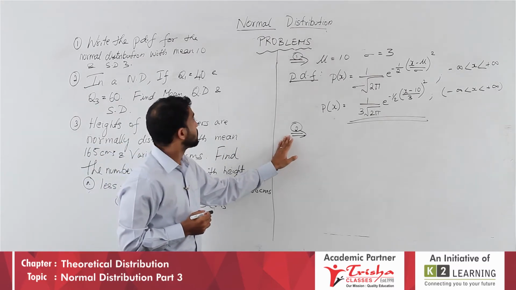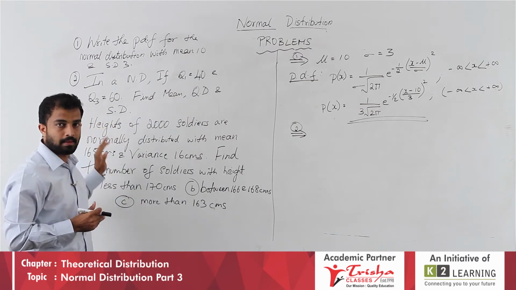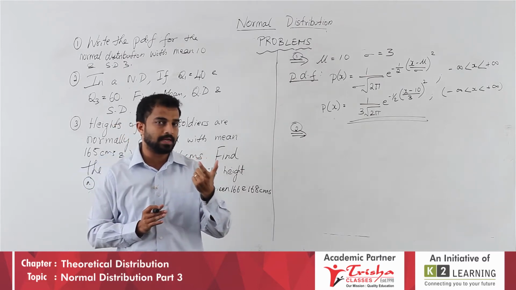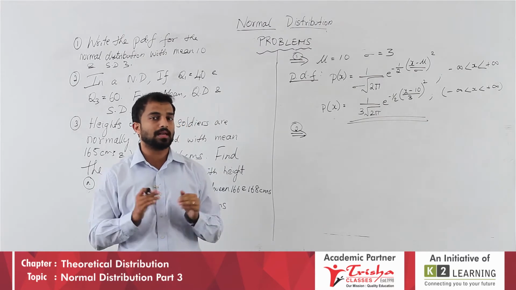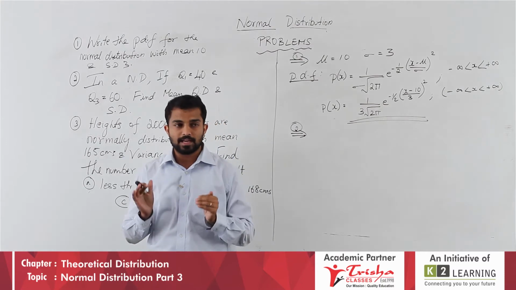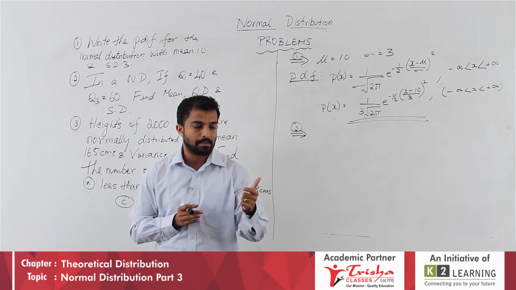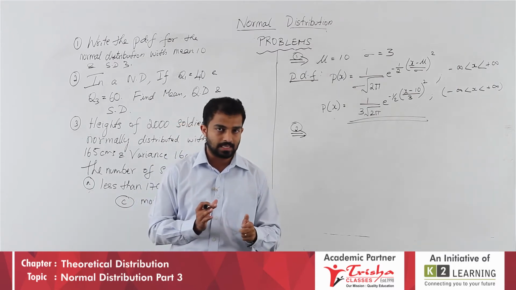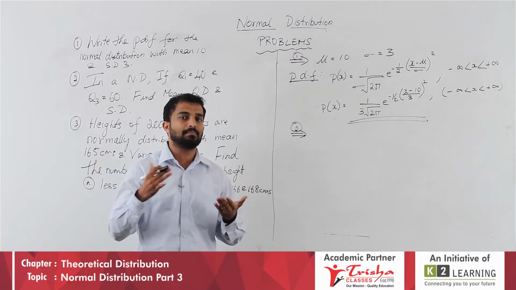Now in the second question, students, they have given us Q1 and Q3. Remember, the average of Q1 and Q3 always gives us the middle number, that is Q2. And what is Q2 called? Q2 is called as the median. But what is the speciality of normal distribution? In a normal distribution, we already saw the properties of it. We said mean, median and mode. All the three are equal, which means Q2 will be nothing but median and median is the same as the